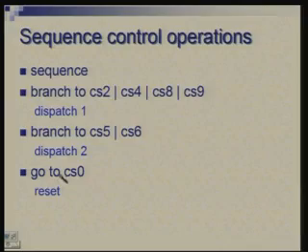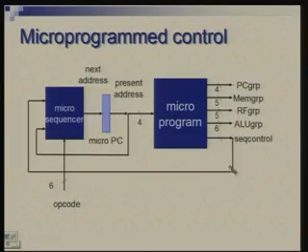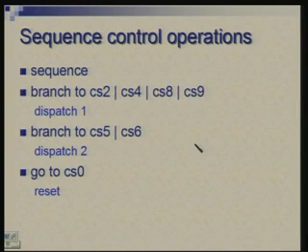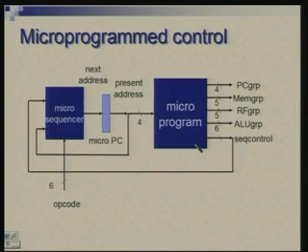So, now the few bits in the instruction which I was talking of here need to specify one of these possibilities. So, the possibilities are sequence, dispatch 1, dispatch 2 and reset. These are the four possibilities we have identified. This is a specific case. In general, when you are talking of more complex design, these possibilities could be larger, but in our case a 2-bit field here will be sufficient to tell what we want to do as far as determining the next address is concerned.